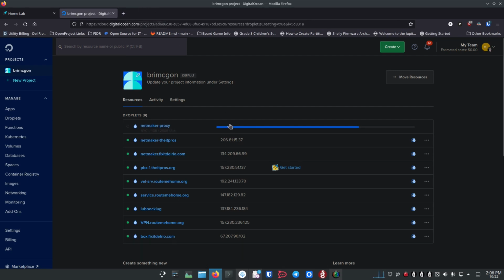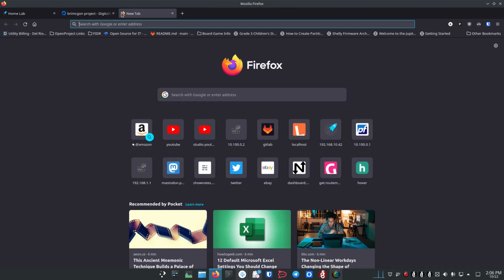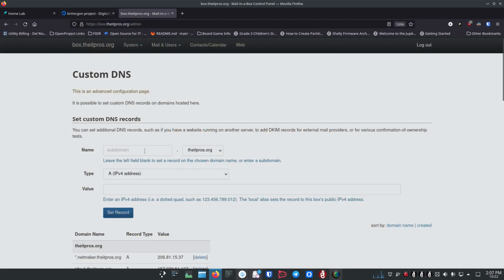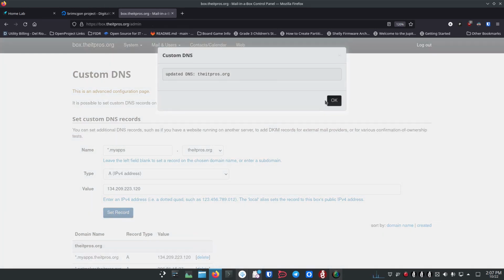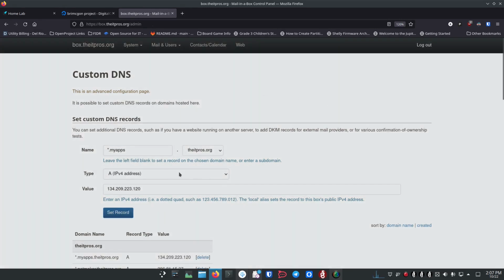So I want to go back to my mail-in-a-box setup. And again, on custom DNS, I'm going to create a new custom DNS entry. So I'm going to copy this IP address, and I'm going to call this star.myapps. It's going to be an A record, and the value is this IP address, of course. And I'm going to save that. It's going to let me know, hey, that was successful, that's great,